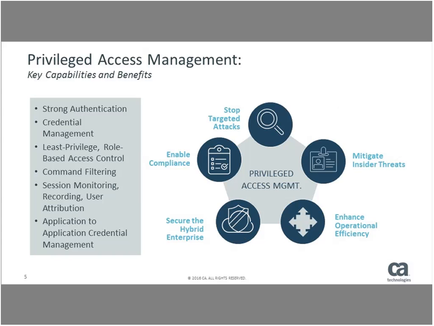The goals of privileged access management are the same regardless of the environment. Really, you want to address the entire hybrid enterprise, not just your on-prem systems and applications, as was depicted on that last slide. Some of the countermeasures that we're going to implement include strong authentication, the credential vault, a zero trust model based on least privileged role-based access control, and the command filtering that we have looked at, which provides a whitelist and blacklist type of command control through an agentless approach through the Bastion host that CA Privileged Access Manager sets up.